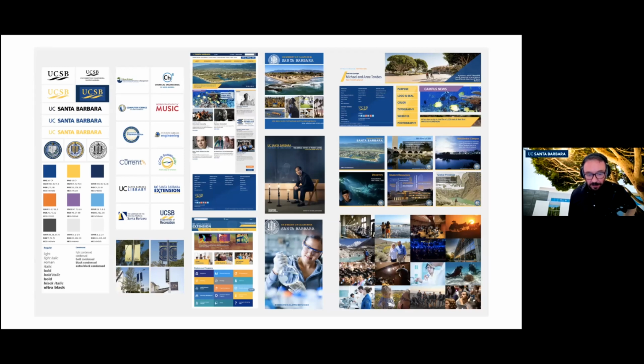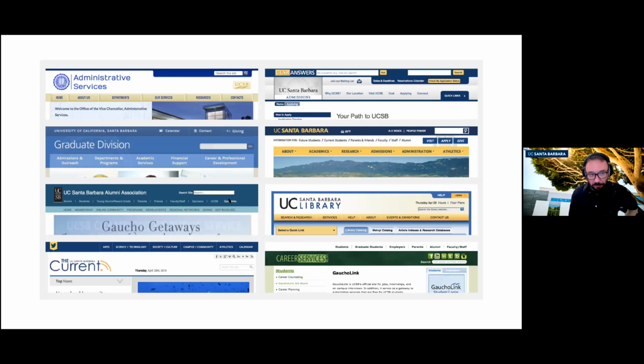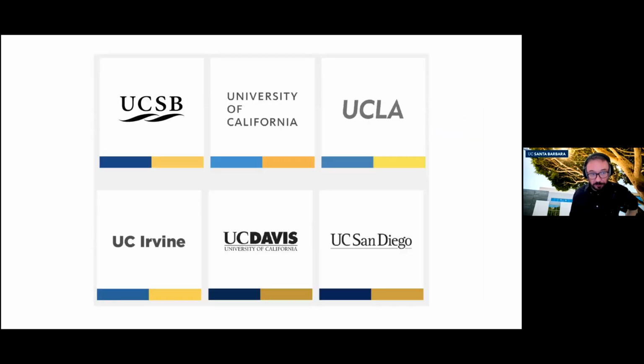And you'll see lots of different colors, different versions of the blue all over the place, different typography. If you look here, you see a range of different logos. These are all things that we tried to address with the visual identity, and I'll show you how that came together. This is a sampling of website headers. All over the place, and so as a prospective student or a parent visiting different campus websites, sometimes it's hard to even tell if you're on a UCSB website at that point. So that was something we wanted to address.